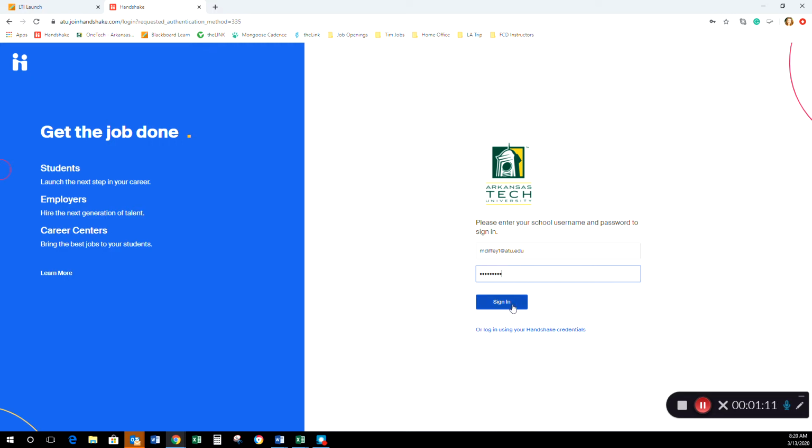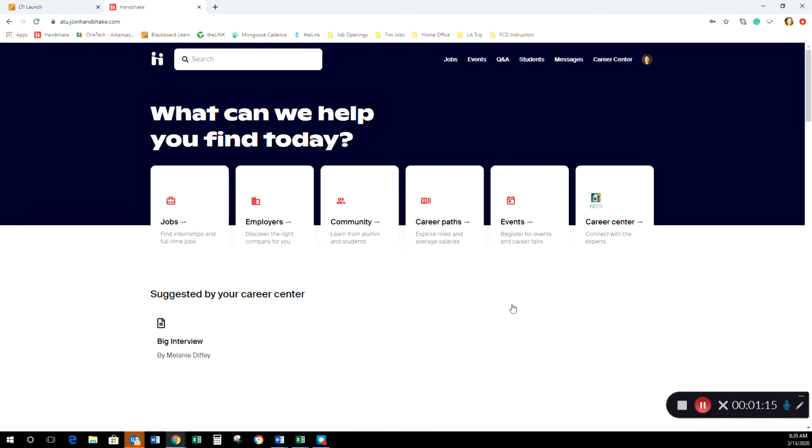So let's go ahead and sign in. And it takes us to our home page. Now, if you have never logged into Handshake before, the first time that you log in, this is not the screen you will see. You'll have to activate your account, and there will be an Activate Now button. Then you can click Done at the bottom of the page, and in the upper right corner, it will start asking you personalized questions, but in the upper right corner, you can hit Exit to skip those personalized questions and get to this home page.